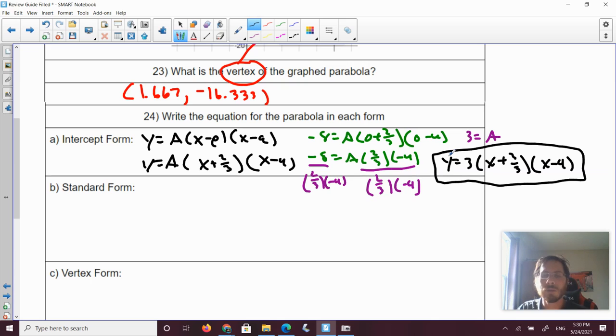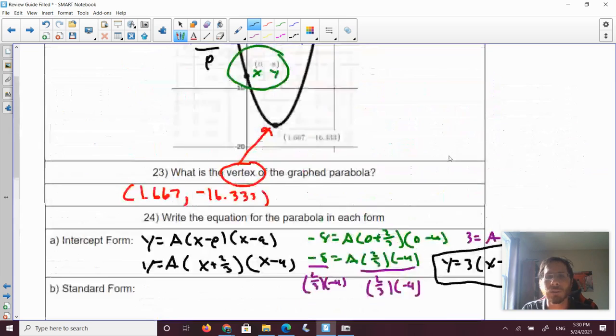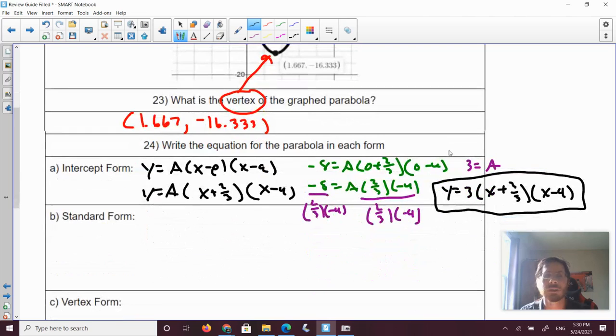And we've got to think, does 3 make sense? Well, 3 would mean that it opens up, because it's a positive number. Does that open up? Yeah, it does. And that's about enough of a check that I want for right now. I feel like that's good enough to say, okay, I didn't get a negative number, so I kind of feel like I did the right